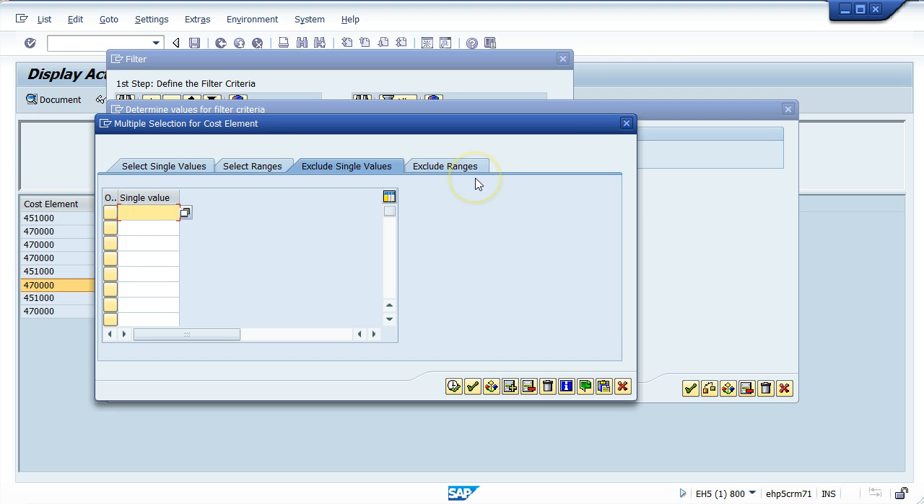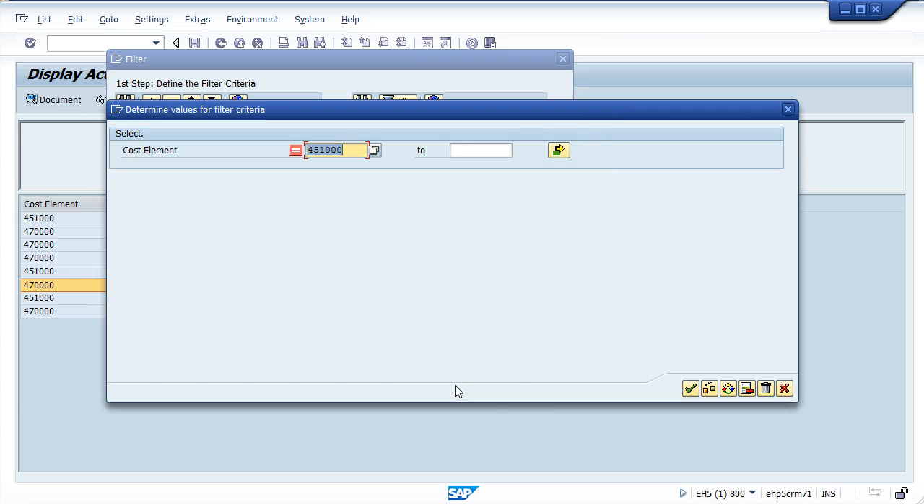So let me enter those in. 451000, and on the second line I'll enter 40. So now I'm telling the system, instead of wanting to only see these two columns, I'm wanting to see everything except these two columns. So I'm going to continue by clicking the clock icon, and you'll notice something that happened